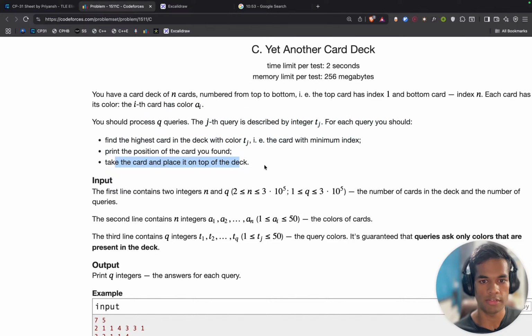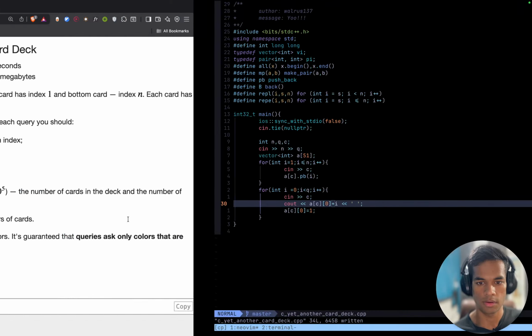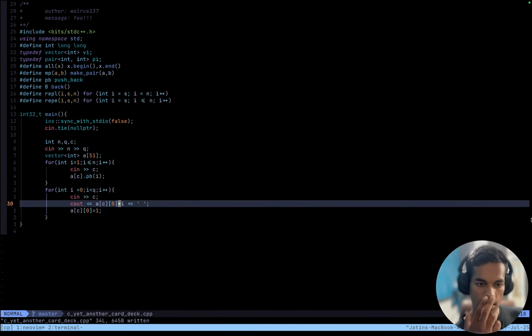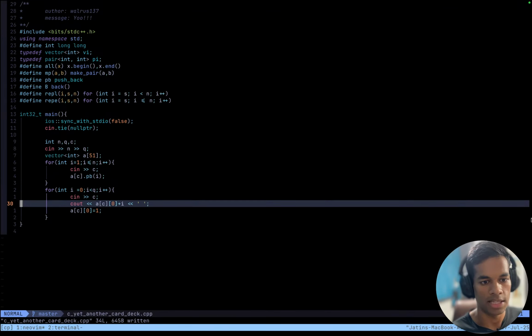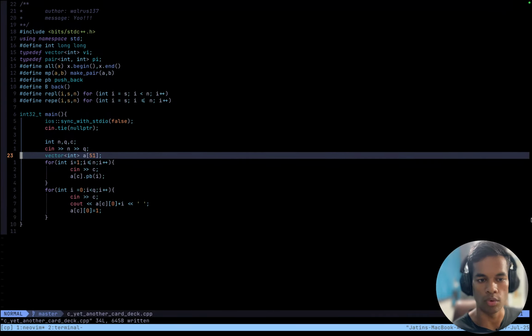Take the card and place it on top of the deck. Okay. And I know for a fact that this fetching method is cool. This fetching method is amazing.